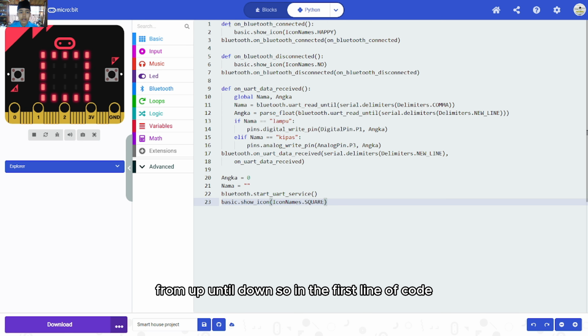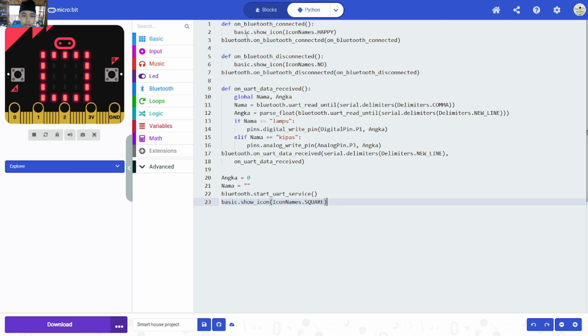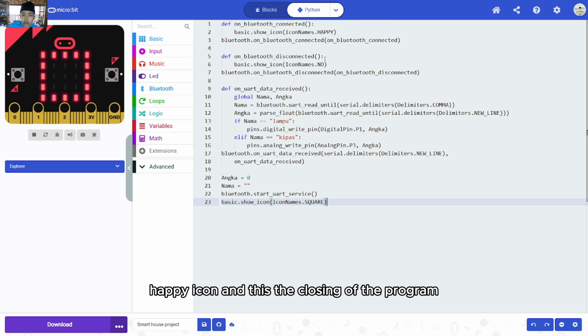In the first line of code there is def on Bluetooth connect. When the Bluetooth connects to the device, it will show basic show icon happy, and this is the closing of the program.